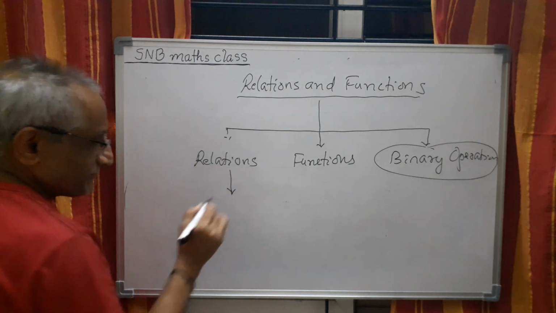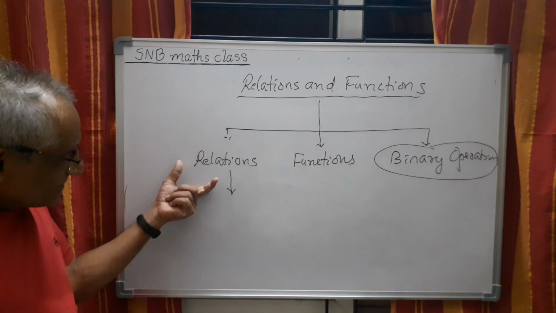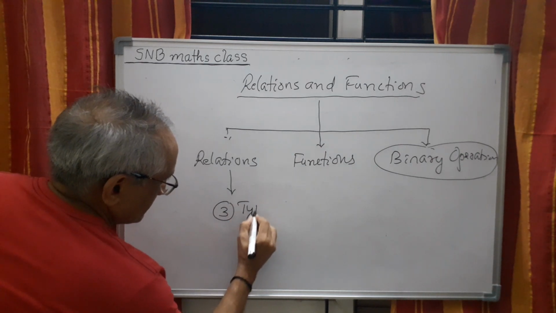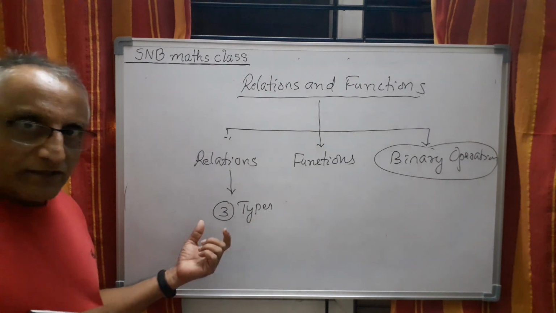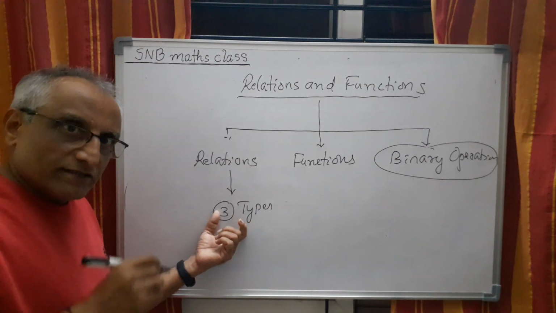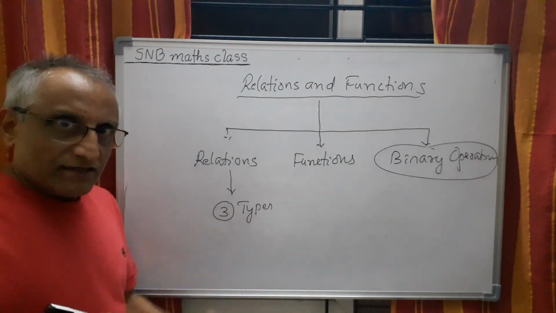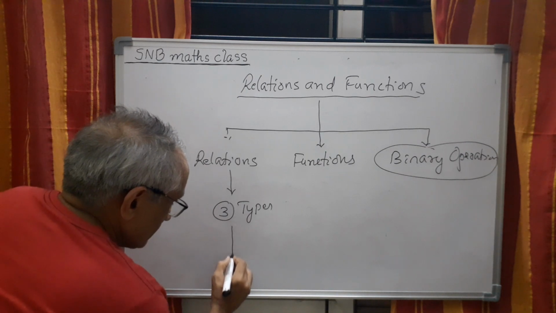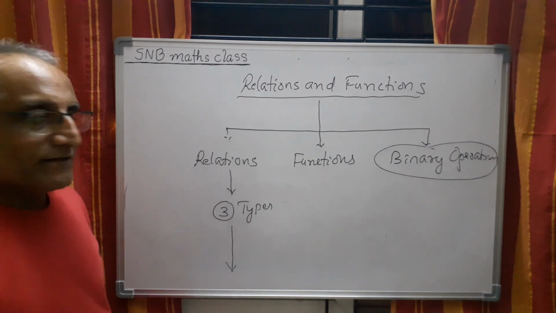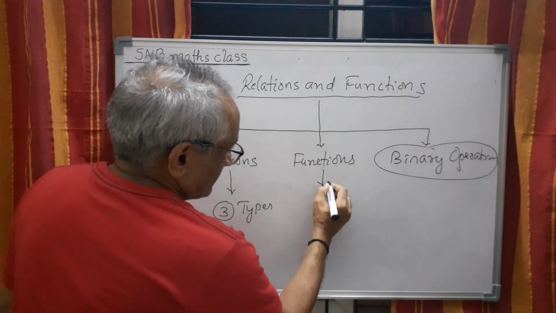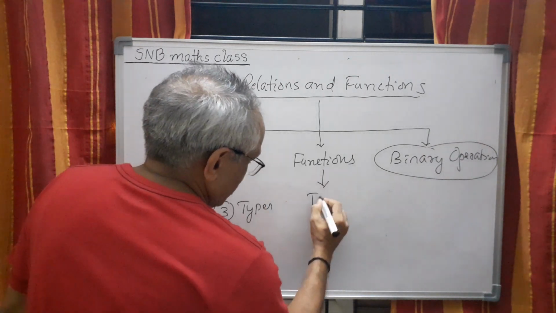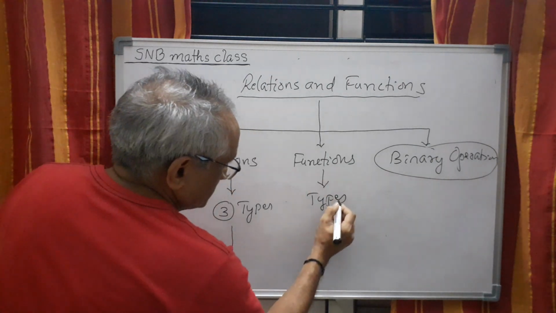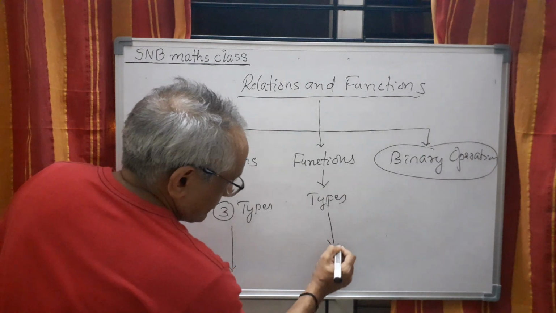We are going further. Here in this branch, that is relations, we are talking about 3 main types that we are going to introduce today. If time permits, I will introduce this one in the present lecture. If not, in the next lecture. Types. So then we will work out the examples. Here also same thing. There are different types of functions. Once again, types. Here there are three. Here also there are actually two types. There are many. So types of functions. And then we will work out the questions.